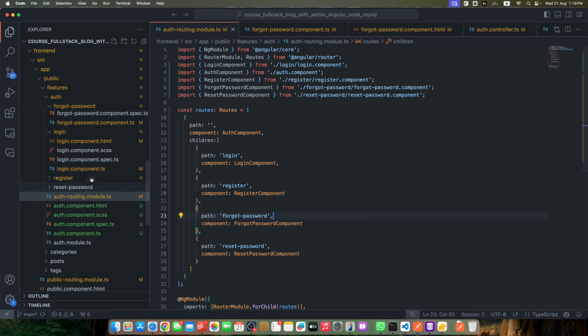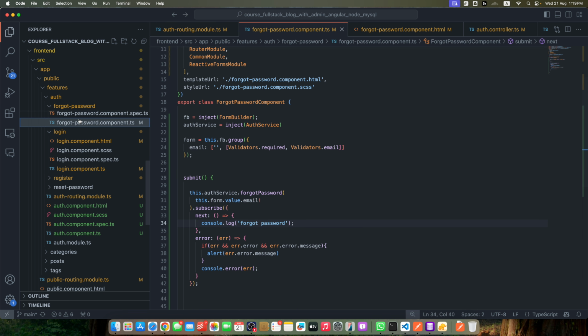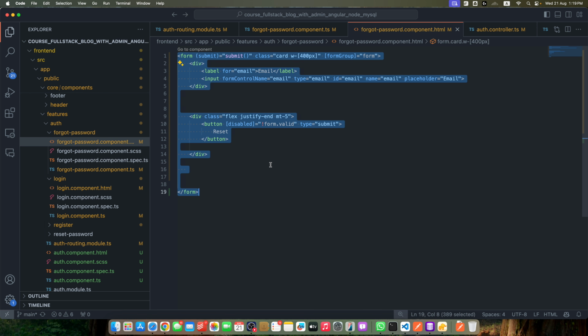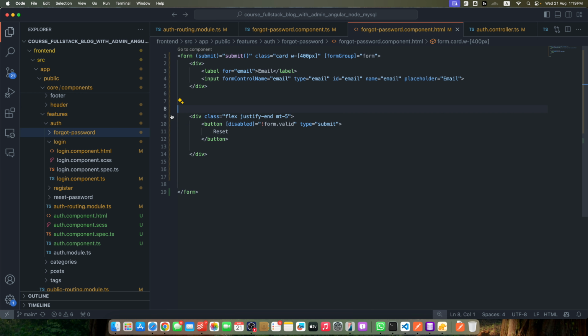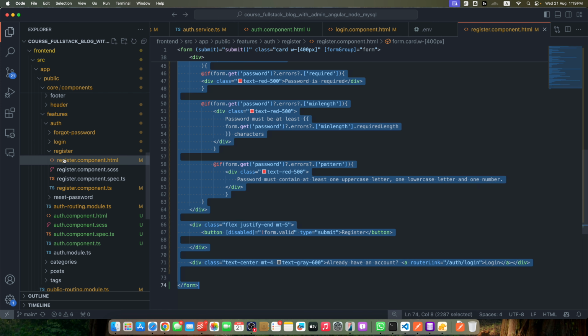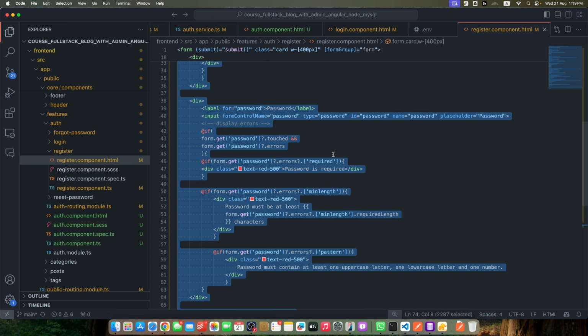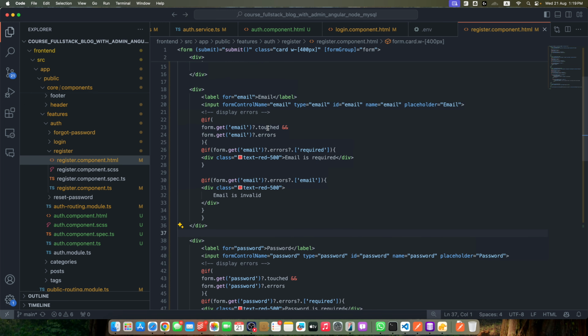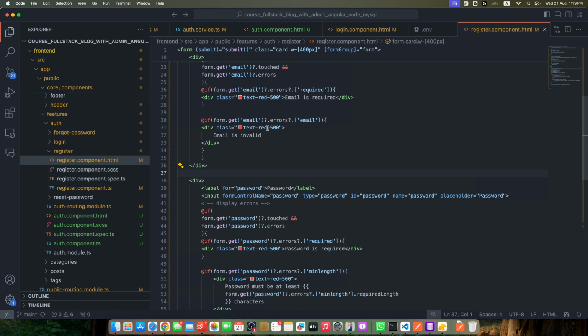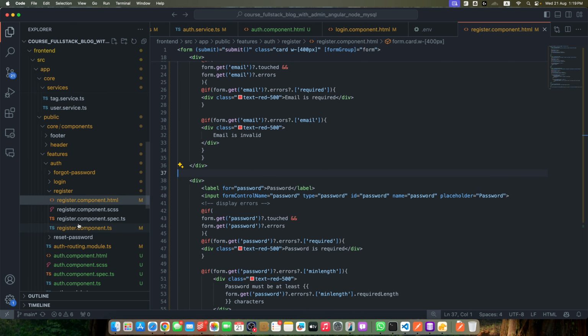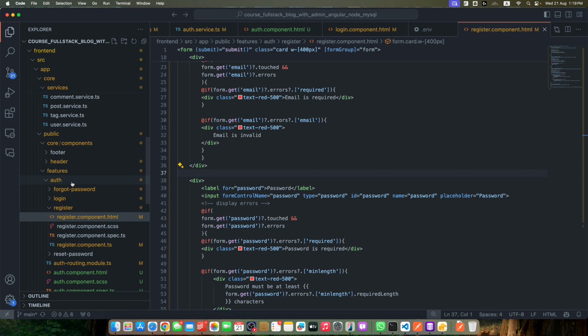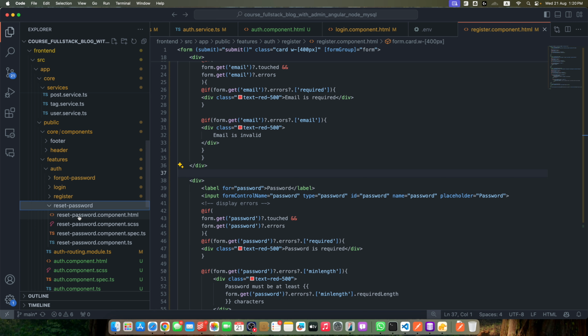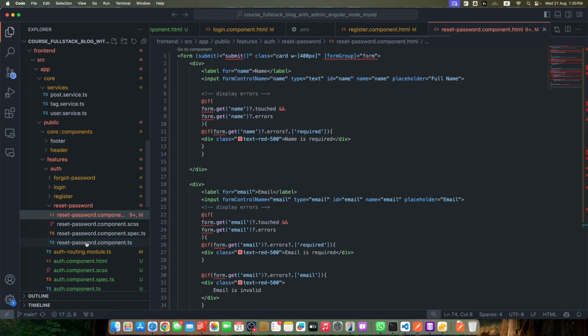So go to the reset passwords, but before that, let's copy the code from the forgot password.component.html because we want to use the same format. Actually, let me copy the HTML from the register component because it has all of the implementation for showing the customized and specific error messages about the password. So it would be very helpful to guide the user as to which kind of error or mistake they are making while creating a new password. So go to the reset password component, paste this code here,